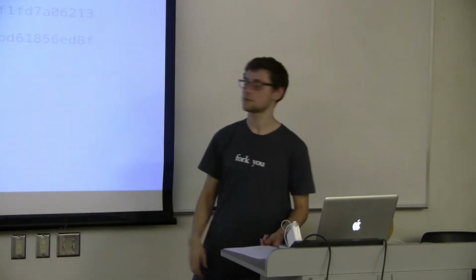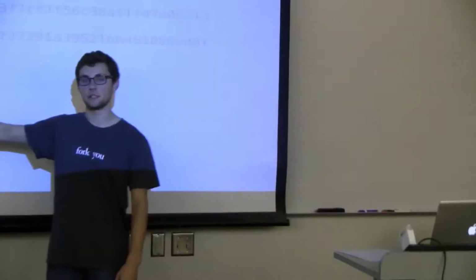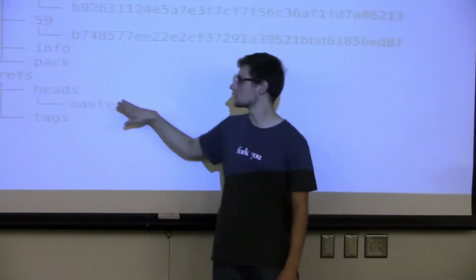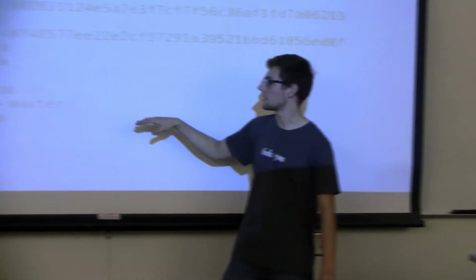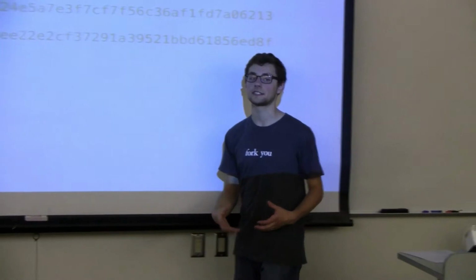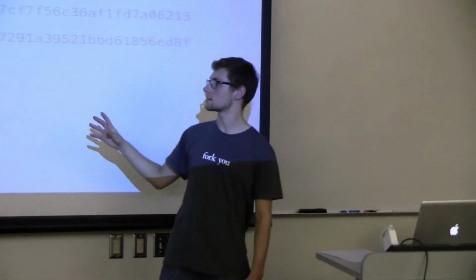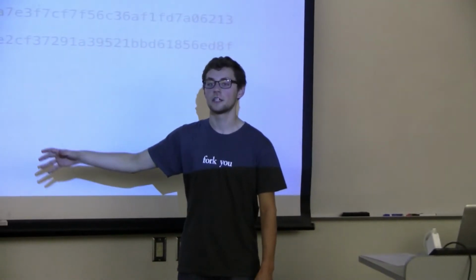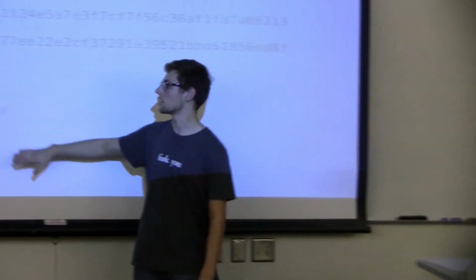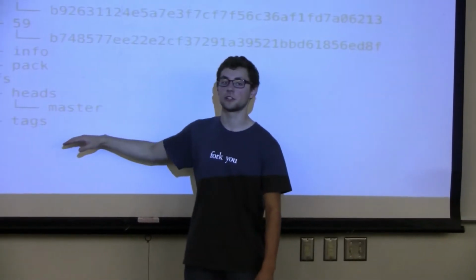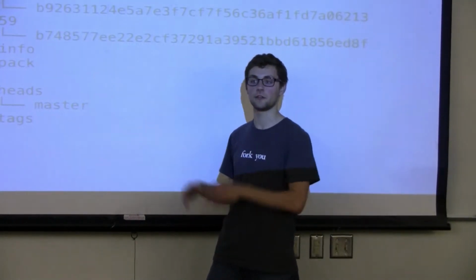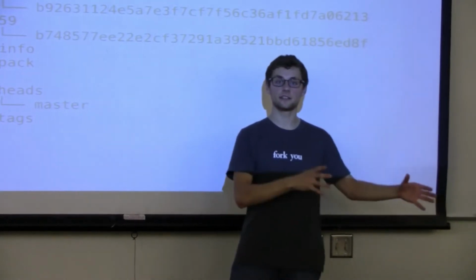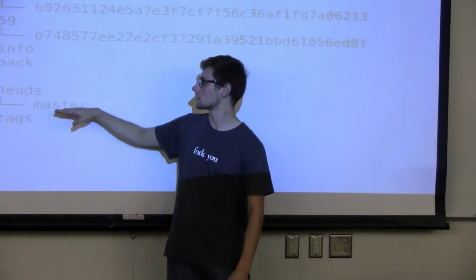And then refs. If you've ever looked at what it means to be a Git branch, you'll see that this file has to exist. So this is the master branch. Git internally refers to branches as heads, and heads exist in the ref namespace. So you can actually namespace your branches beyond that. That's where the slash comes from. If you have feature branches and you go feature slash something, they'll show up in an additional namespace